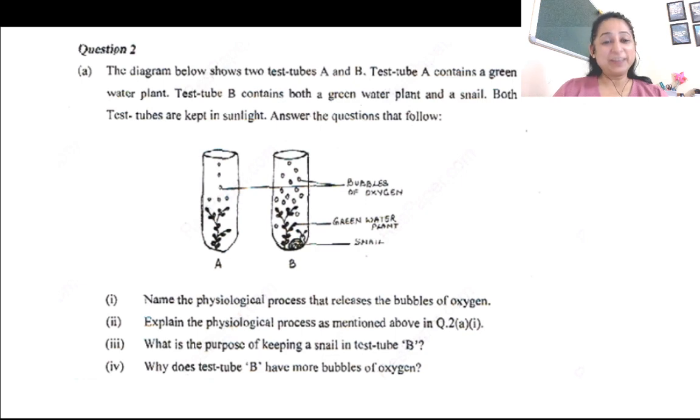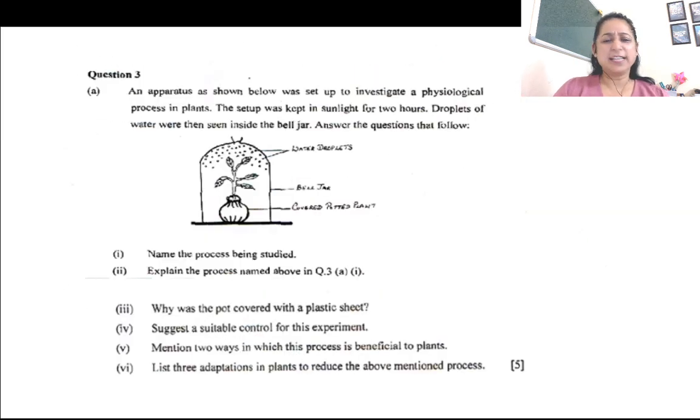Again a tedious question. Herein they have given you a water plant. एक टेस्ट ट्यूब में स्नेल है, एक में नहीं है. जो बच्चा ये ऑब्जर्व कर लेगा, वो questions answer कर सकता है. And this is 2 processes in one diagram. This is a tip for you: 2 processes in one diagrammatic question. Sorry, I went back. Okay, next, this is an easy one.